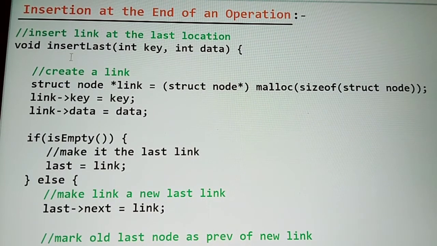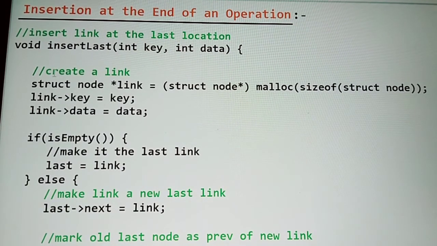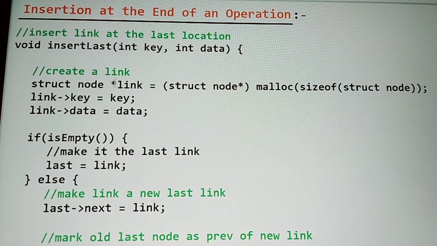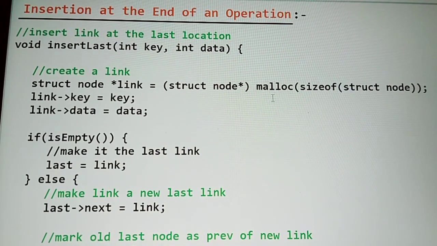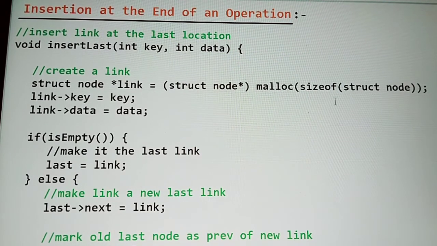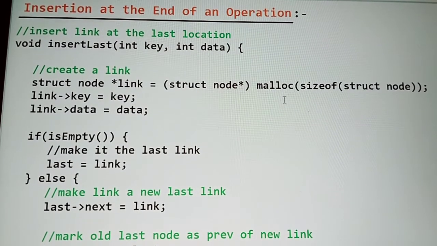So here we write void insert last, with int key and int data, because we want to input data. So here the input is taken, and then we create a link, and link is the most important thing. And then struct node star link is equal to struct node star, and here the malloc function is also used, and I will make a video on malloc and calloc next. Then the size of operator is used, because malloc fixes the size.